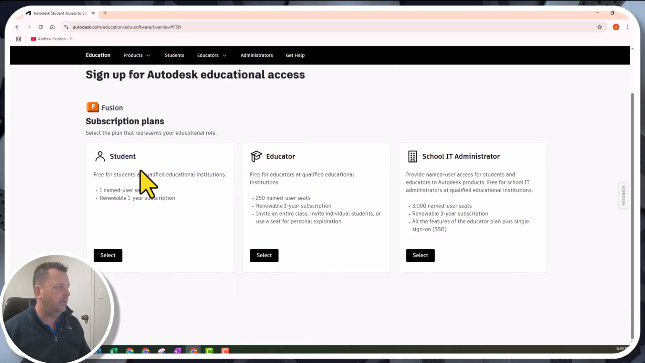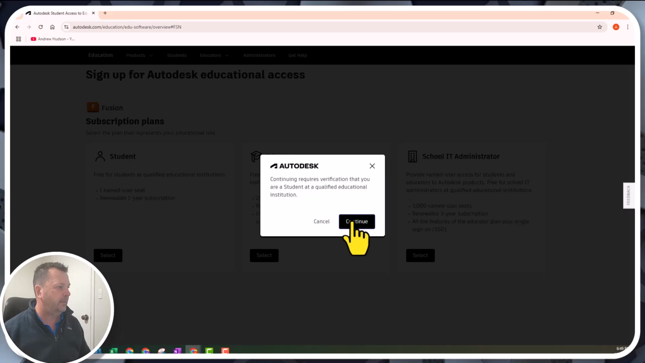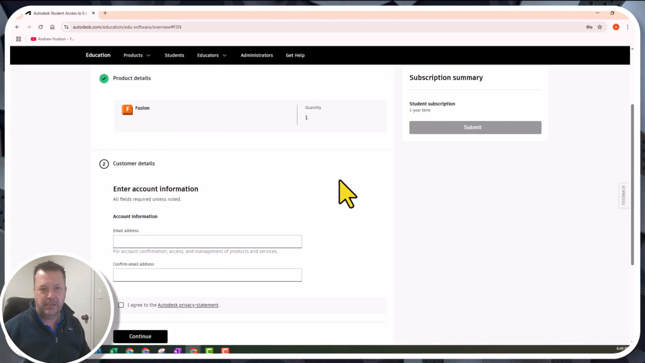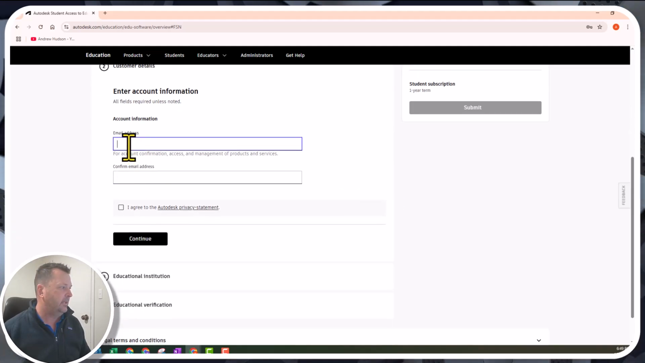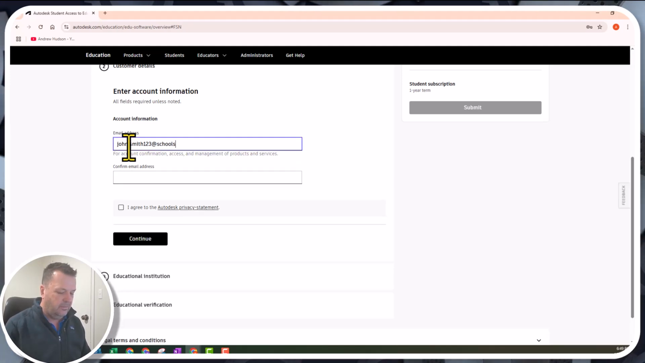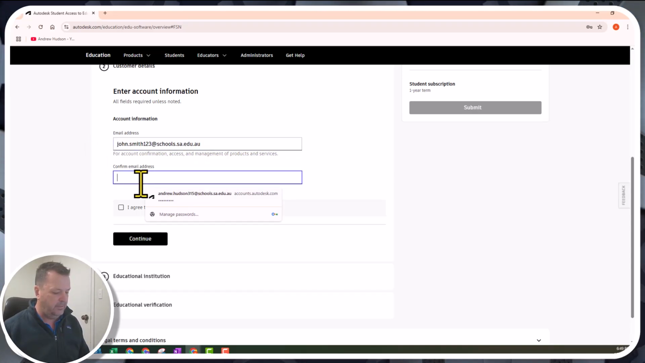It'll come up with this window. Click on student, continue, and you'll be brought to this screen here. This is where we start putting our details of our school, etc. So email address in here, make sure you put your link address, which is the one that's on your desktop when you see that. So it should look like something like john.smith, and there'll be a number 123 at schools.sa.edu.au, and then what you want to do is repeat that in the confirmed email address,